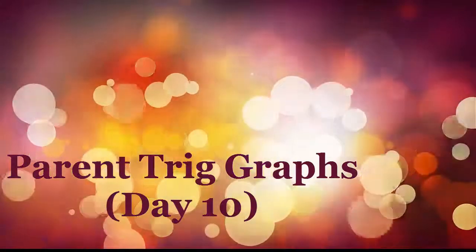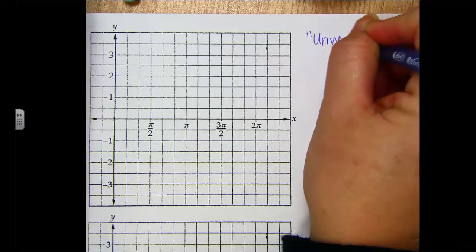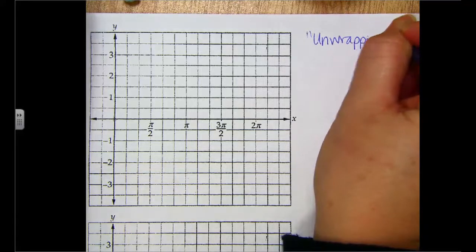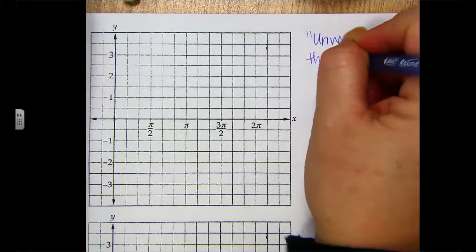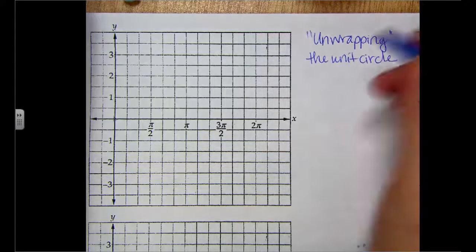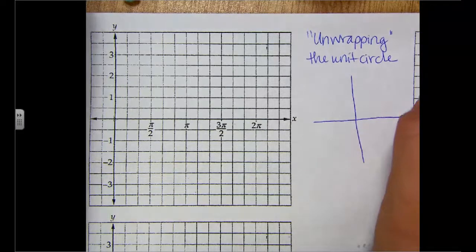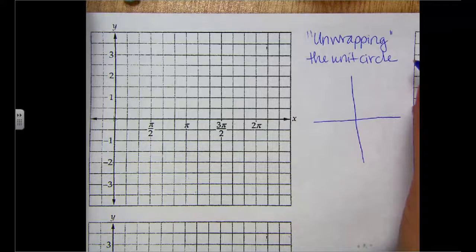class, and what I'm going to show you is how we take those basic values from our unit circle that we know well now, and we unwrap them and plot those points on graph paper. Notice our graph paper is set up so that the x-axis is labeled in radians, and the y-axis is in standard units. So I'm just going to draw a quick sketch of my unit circle just to give me a frame of reference. Really the four main quadrantal points,